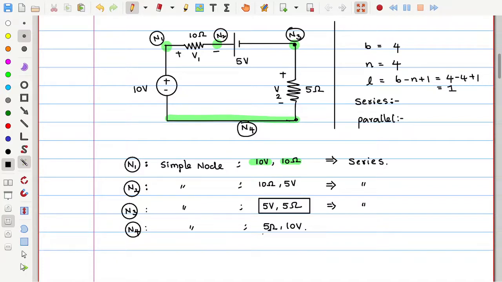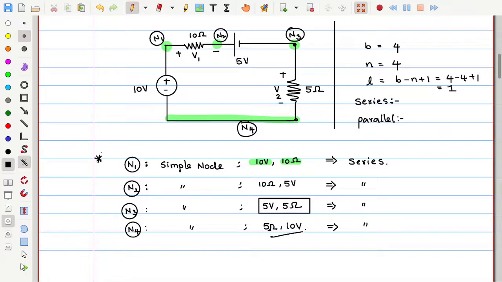Yes. So if it is yes, then the corresponding elements are connected in series. These are the conclusion points from the node nature. Once we find a simple node which is connecting two elements, those two elements are definitely in series. You need not even look at the rest of the circuit. If somebody says a simple node exists connecting these two elements, you can say that these two elements are connected in series. So identifying these points is very important.